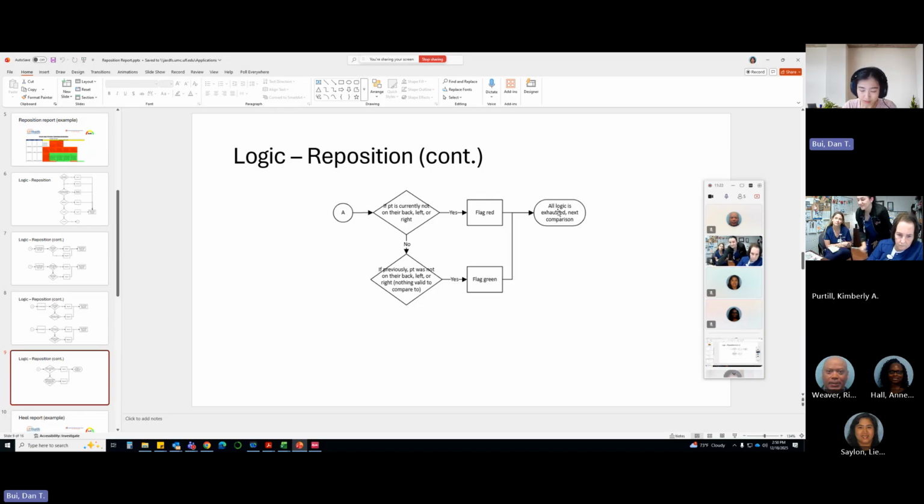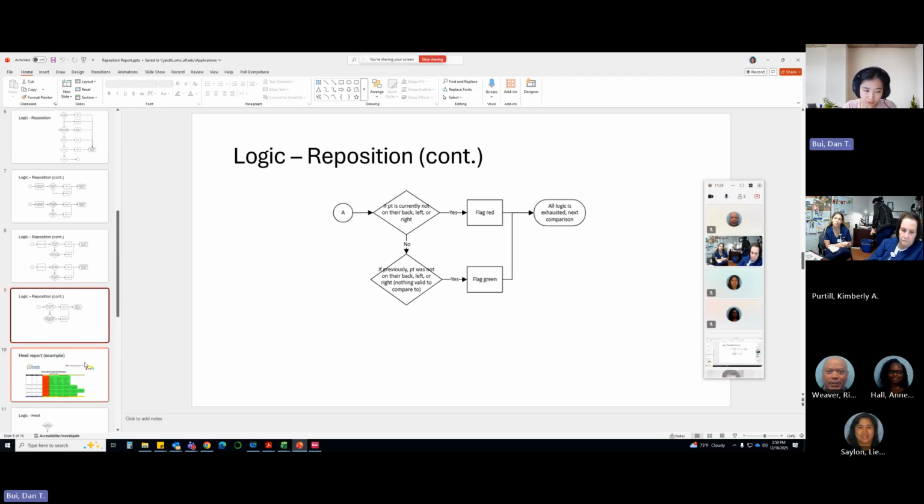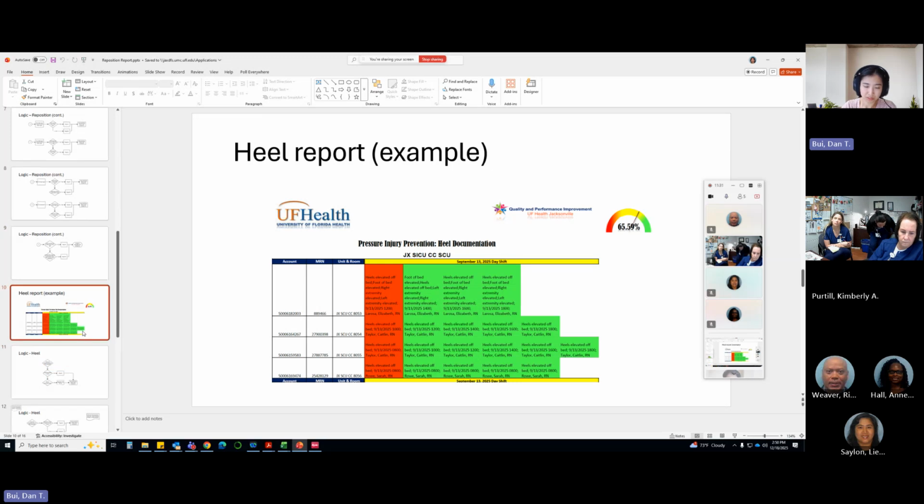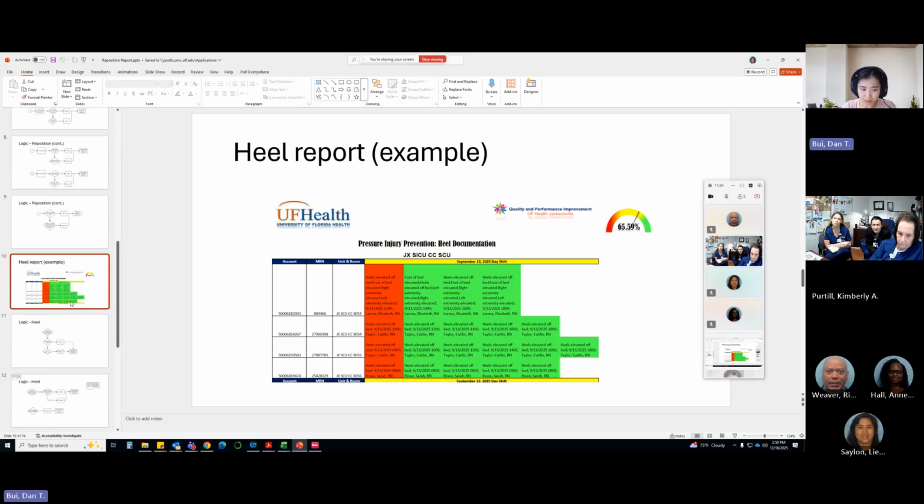And when all logic is exhausted, the next comparison is the next patient encounter. It should have worked, but for some reason the report you're receiving has duplicated time entries, and it shouldn't have been like that. So I need to figure out what's going wrong in my automation. It could be copying the wrong report or opening the wrong one.